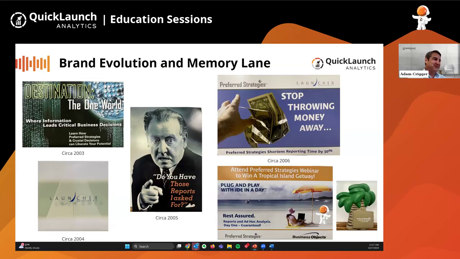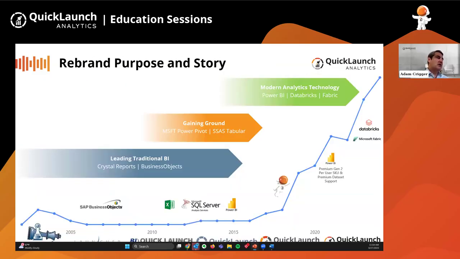Again, we've been around since 2002, and here's just some of our marketing and our graphic design. I can't take credit for any of these personally, but I remember each one of these like it was yesterday. And I don't know who can tell what year was the Matrix theme on these little images, but this is just some funny postcards that we had shared over the years. Most of these were going back 15, 20 years or so. But I think it's just evolving like everything over time, and now how we get to where we are.